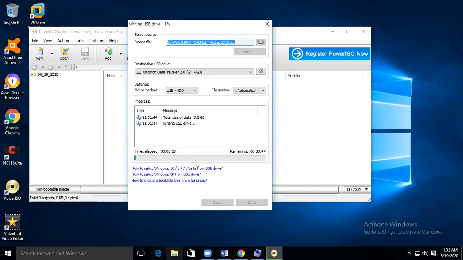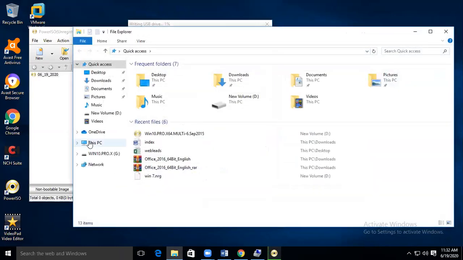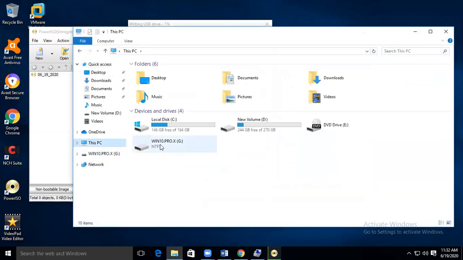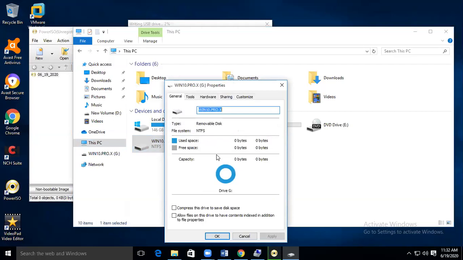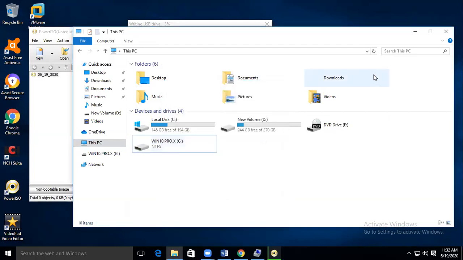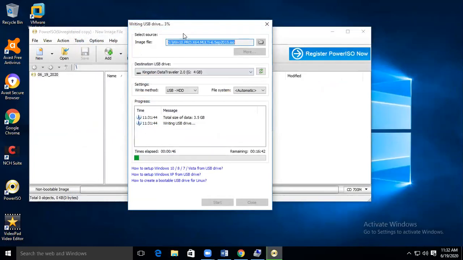Once you close it, if you go and open your computer, you can see this Windows 10 Pro. If you open that, just now we have seen how the files are there. In that way it will become. When you right click and go to Properties, it should show you approximately 3.75 GB. Now you can see used space 0, free space 0. It should show in that way. So with that, what will happen? We can create